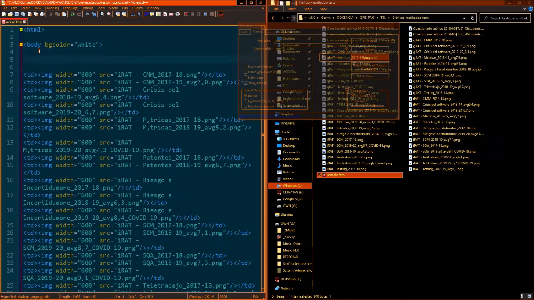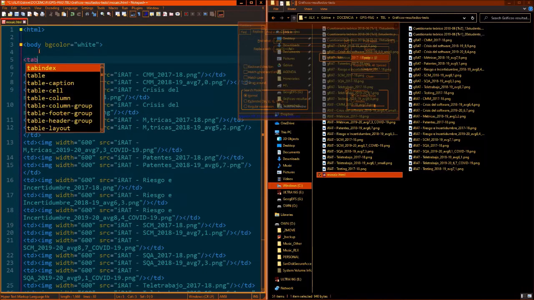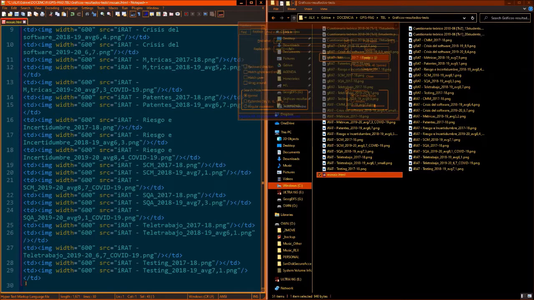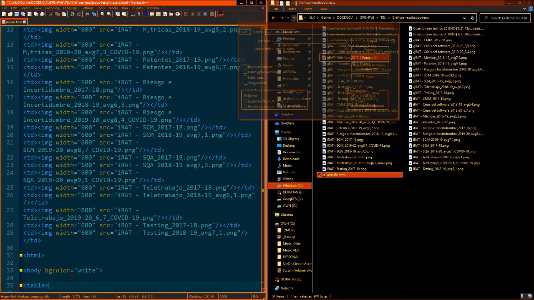And table, obviously, to start the table. And I have to close all this at the bottom, so I just copy paste the whole thing.